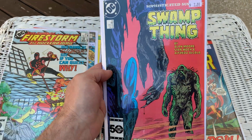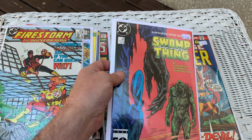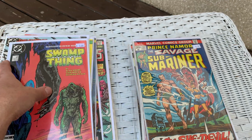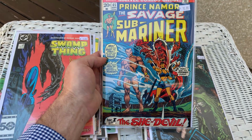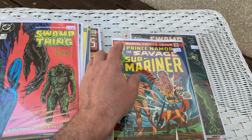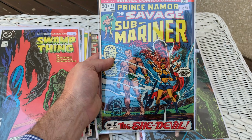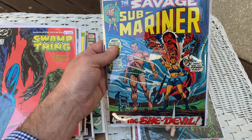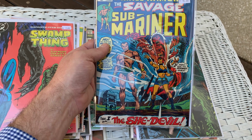Here's another Swamp Thing. Alan Moore Swamp Thing. Great stories in here. He had a great run on Swamp Thing, as we all know. Jumping back to a superhero, we got Prince Namor, the Savage Submariner. That is quite the mouthful of a title. Fighting She-Devil. This time he's in his classic Speedos. Sometimes he wears that blue suit, which is pretty cool. It's like a skin-tight